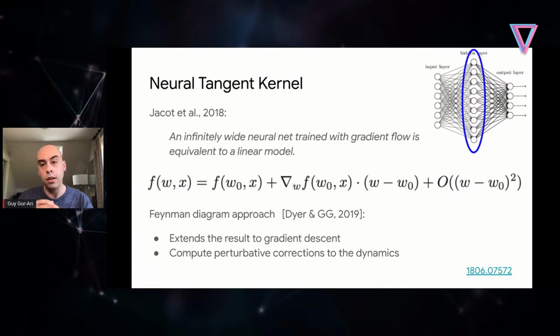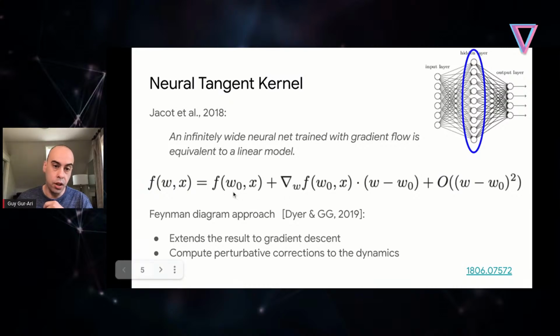And the point is that if we take the infinite width limit and we start training the network, essentially what happens is that the weights don't move much away from their initial values all the way during training. There are more and more weights because we're making the width larger, but each individual weight at least is not moving much away from its initial value. And this effectively means that we can drop this quadratic term in the Taylor expansion. So in the infinite width limit, we have a good approximation to the network, which is just these first two terms here.